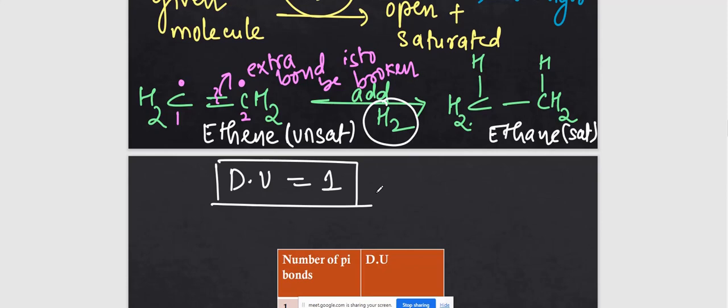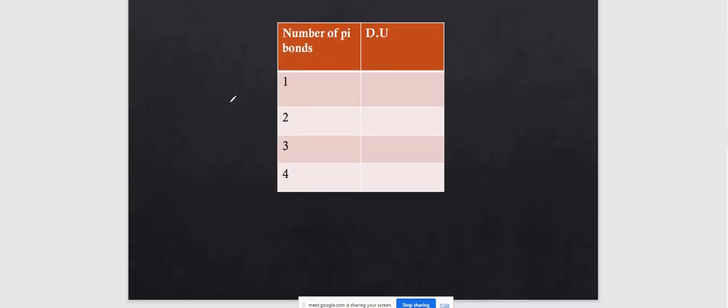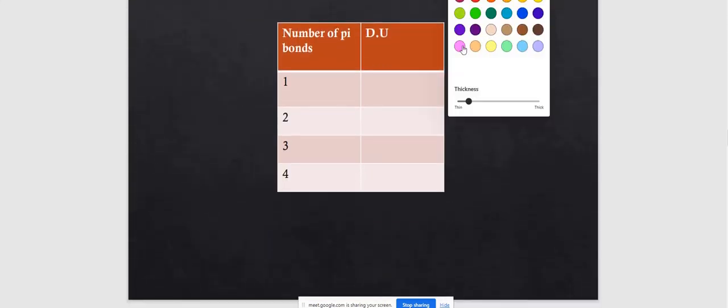Yes, ma'am. Now why is one hydrogen molecule added? Because there is one double bond. If there is one double bond, one hydrogen molecule is required. Suppose there are two double bonds, then 2 moles of hydrogen. So what we have to do is just observe the